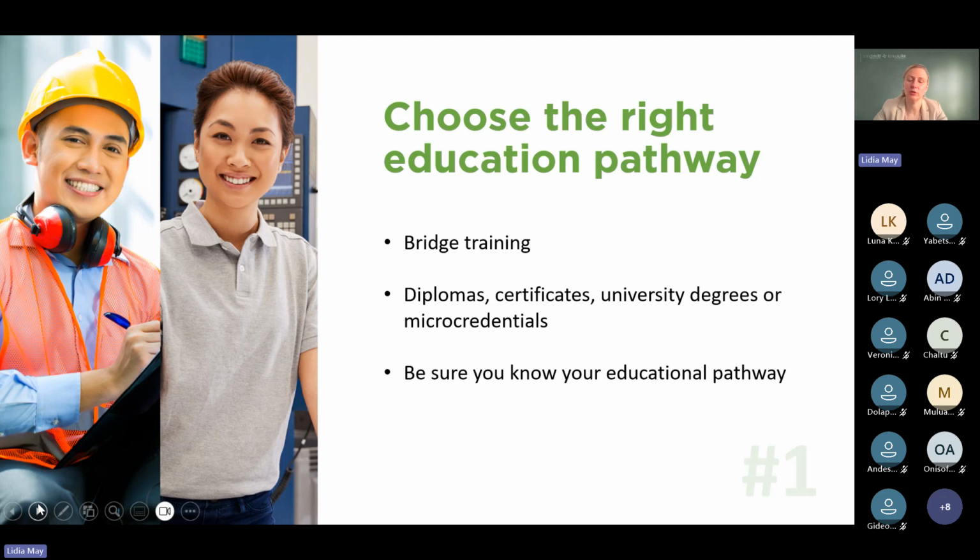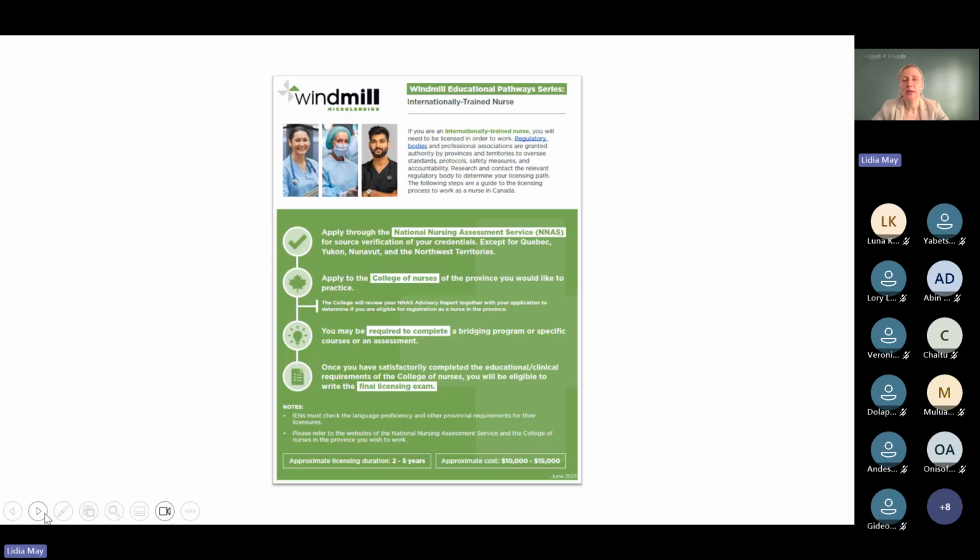So it's very important to get those things, your reaccreditation, and some kind of credential. You don't need to go to university for 5 years, right? But you can obtain something, a cherry on top of your education, which you already have. And of course, be sure that you know your educational pathway, because here you can see an example of what we have at Windmill. If you go to our website, we have the majority of regulated professions, but here you can